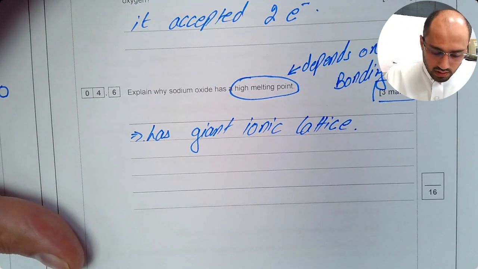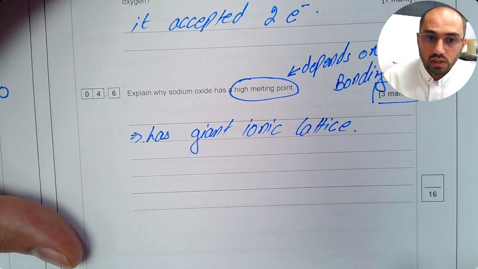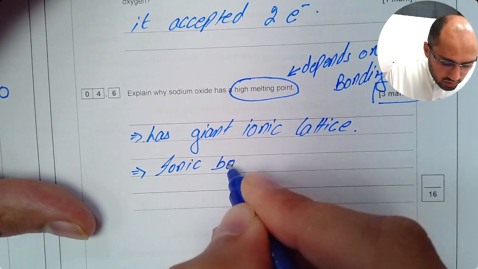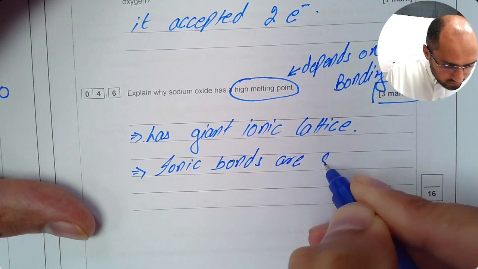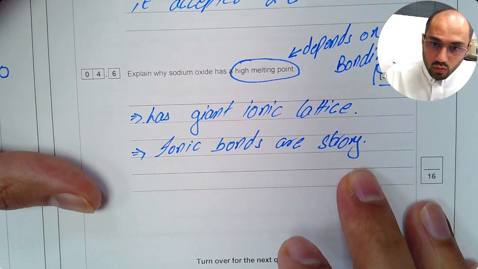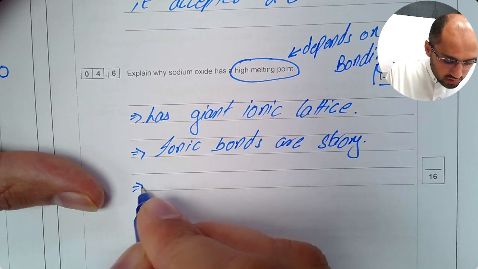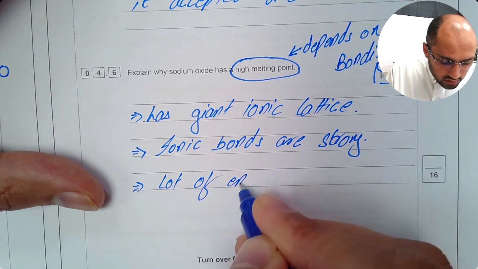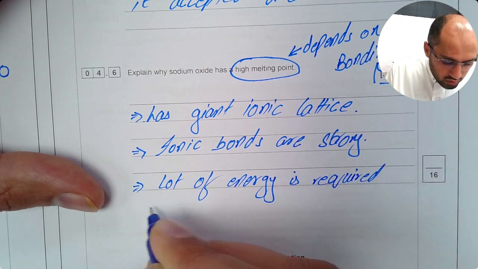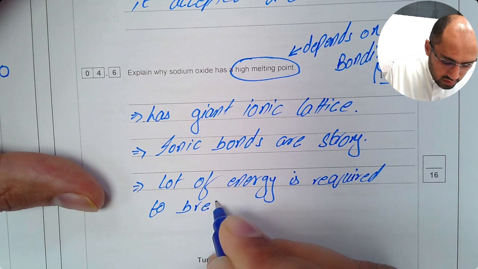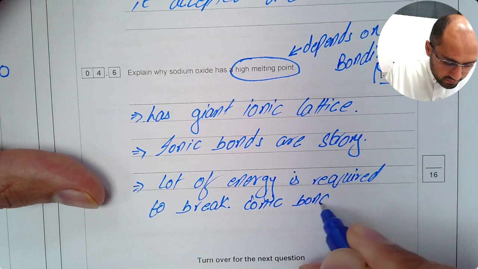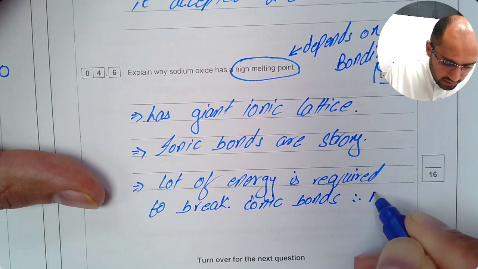Now what does this mean? This means that the ionic bonds are in all directions. Number 2, I can then say ionic bonds are strong. So this means there are a lot of ionic bonds and they are all very strong. So if they are strong, this means a lot of energy is required to break ionic bonds. Therefore, MP is